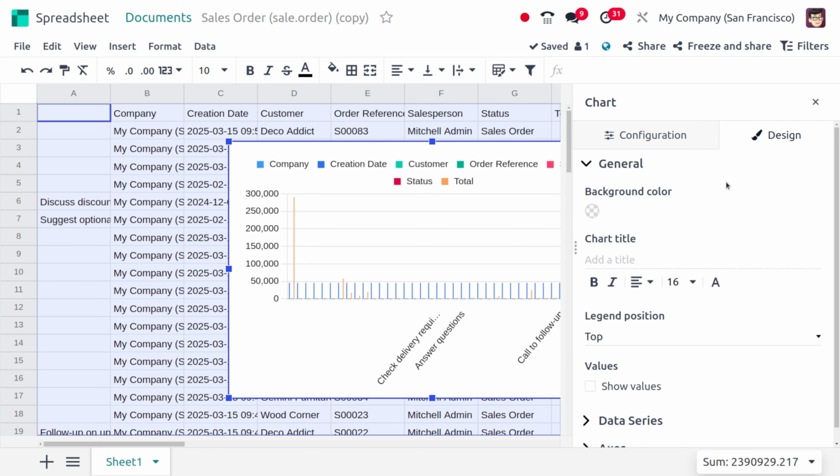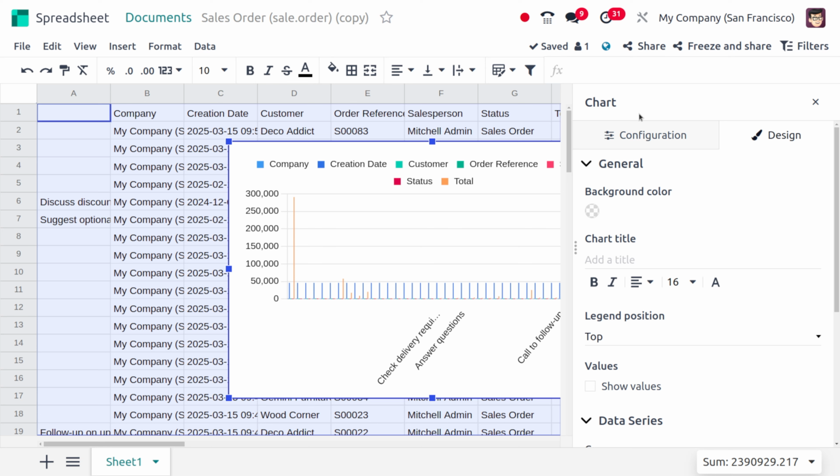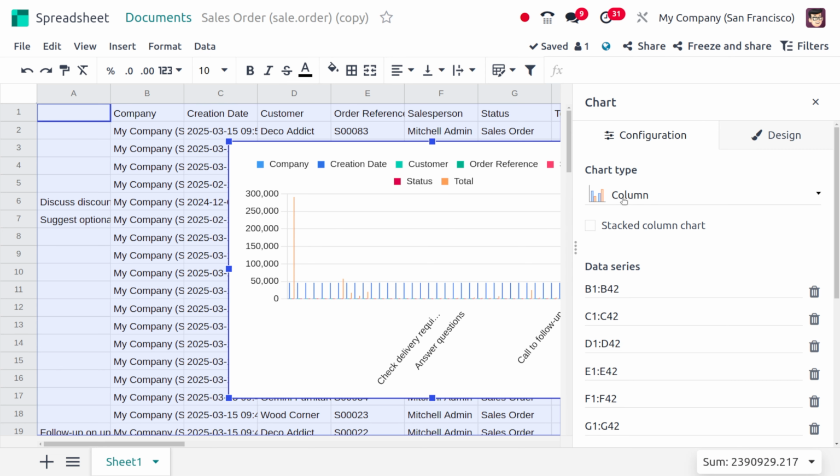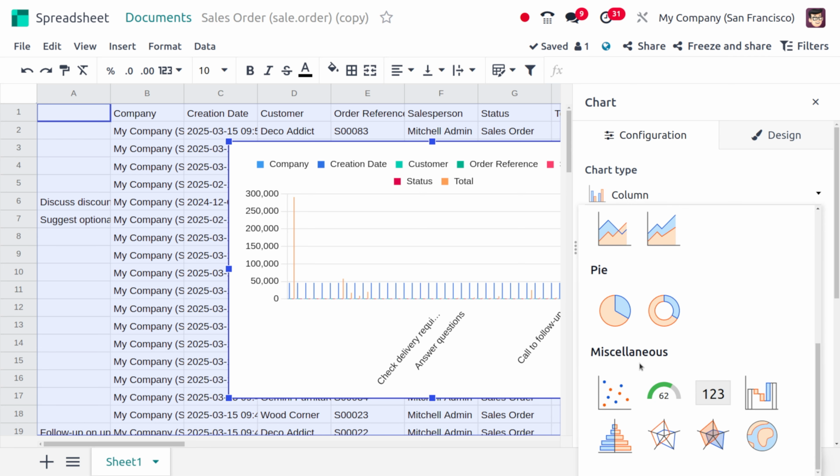So under the design, you could find the chart. You can just give the chart title. And here we have different types of charts also. So if you want to find the data series, you can get that. And let's move on to the configuration. And in this, you can find the chart type. So here we have the chart type, which is,